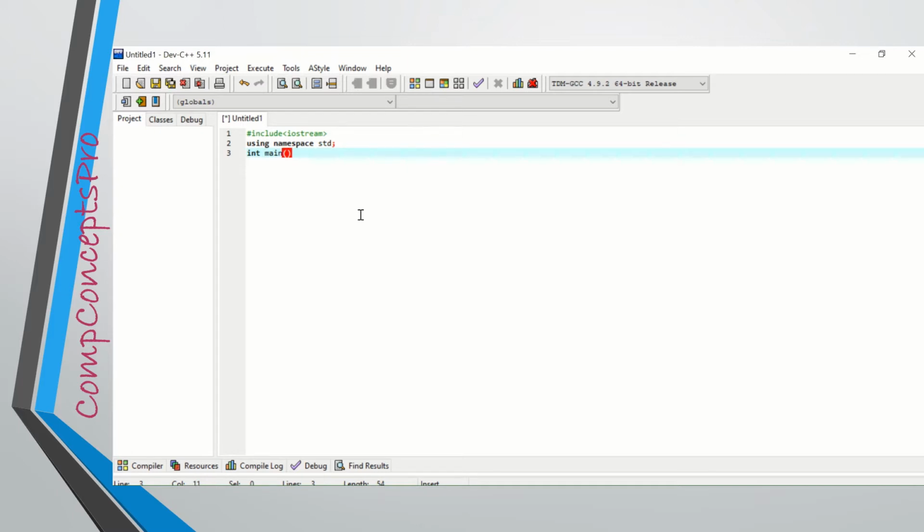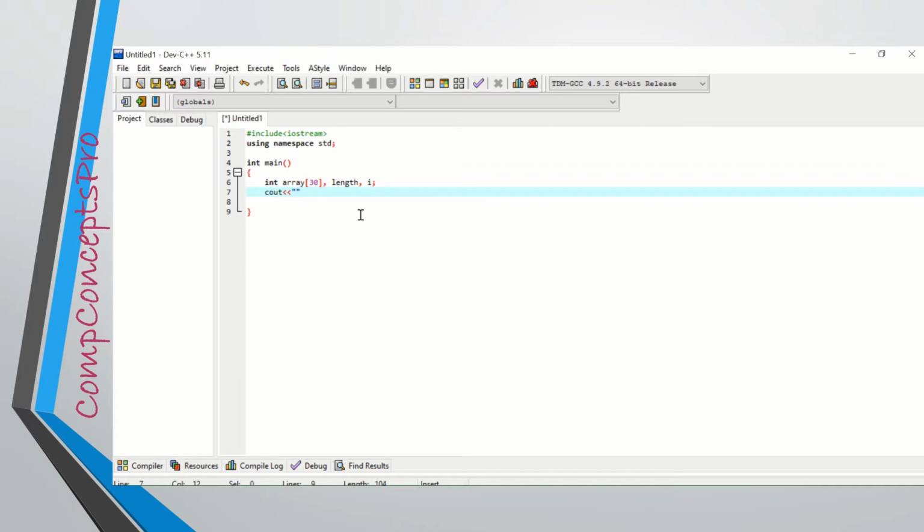After that, I have to use the namespace std, which is the standard namespace of C++, which helps us to use some standard functionalities like parsing the strings and all. Next, I have to declare the main function, which is int main. Why do we have to declare main as int instead of void? Because the return value from the main function is used by the runtime library as the exit code for the process. That's why.